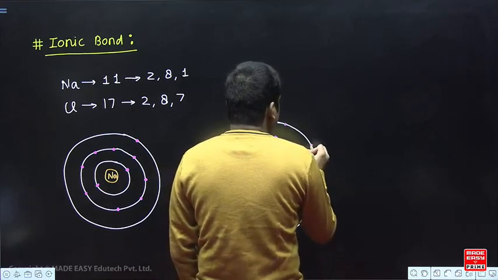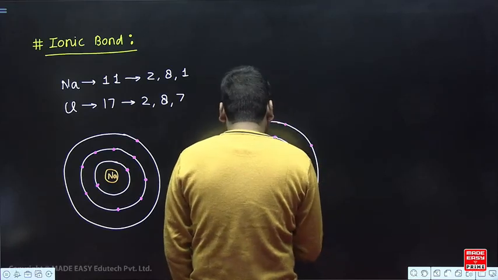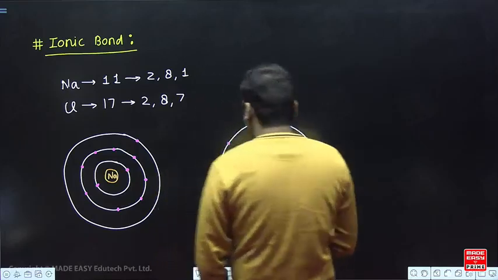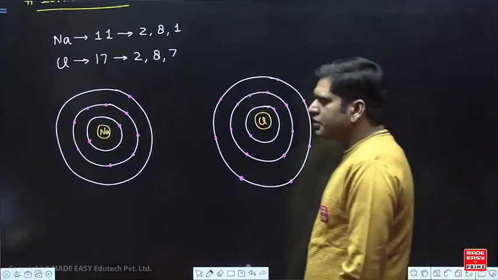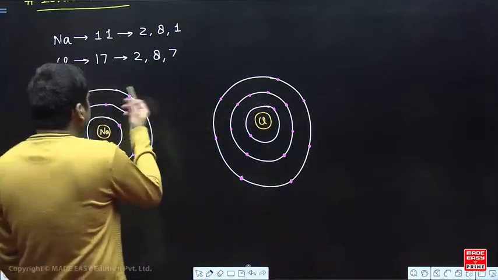In the third, 1, 2, 3, 4, 5, 6, 7. Right? Now you see, dear friend, sodium will try to complete its octet, but it has only 1 electron